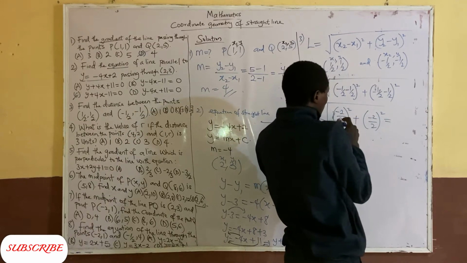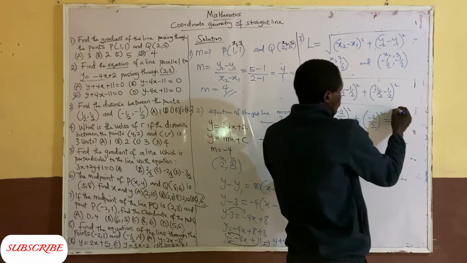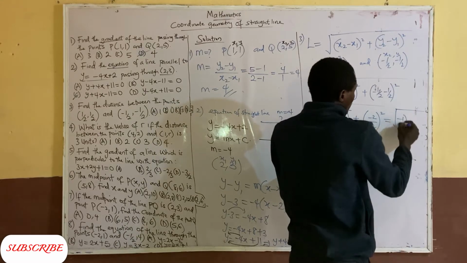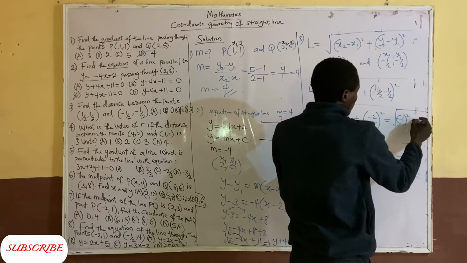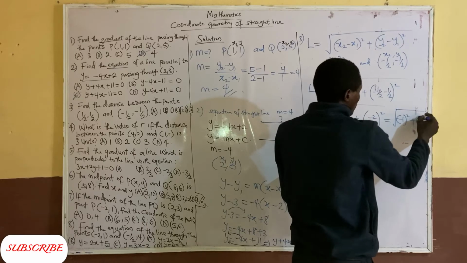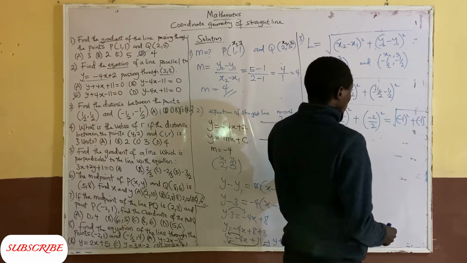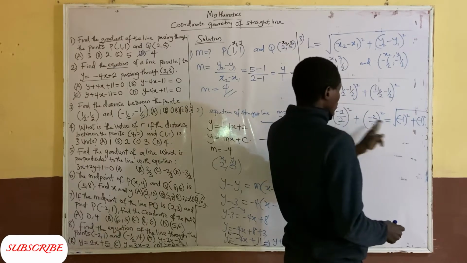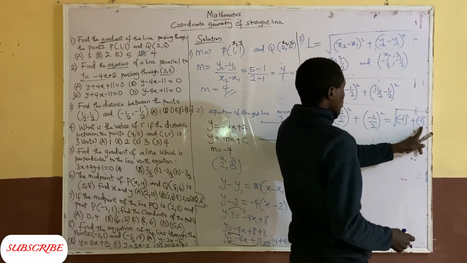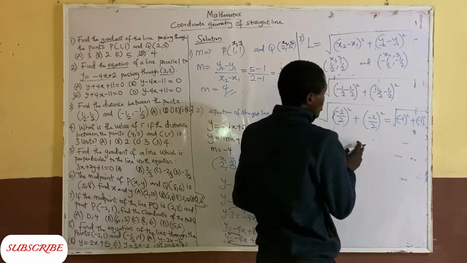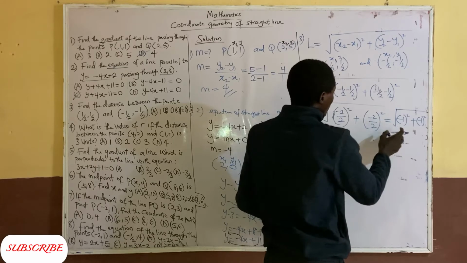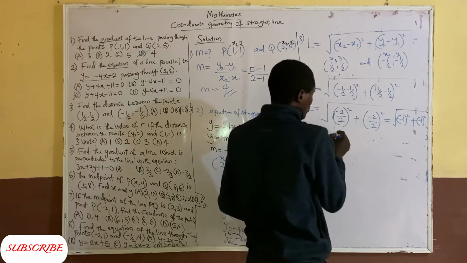Minus 2 divided by 2 will give minus 1. So you have (minus 1) squared plus (minus 1) squared, and L equal to root